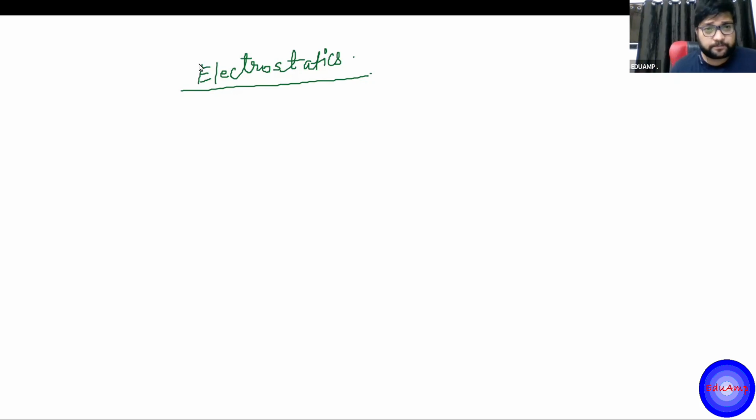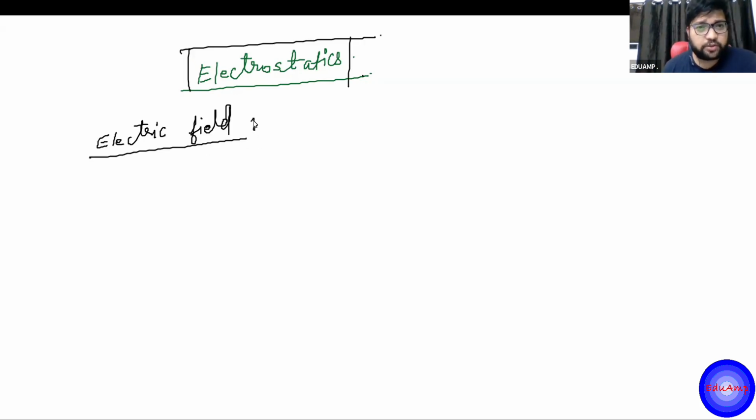Please follow. Electric field. Electric field is a vector quantity, denoted by E vector like this. Suppose there is a charge Q placed here. Suppose it is fixed with something and is not moving. This charge value is Q. So at a distance, let's say this is some point at a distance R from this charge, what is the electric field?